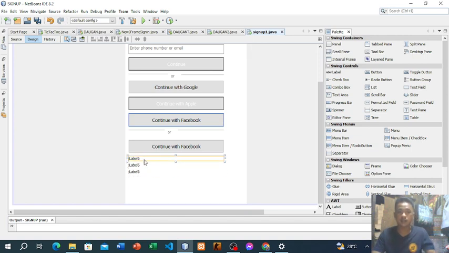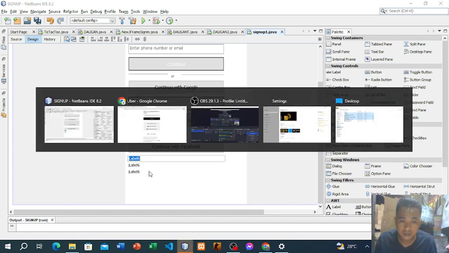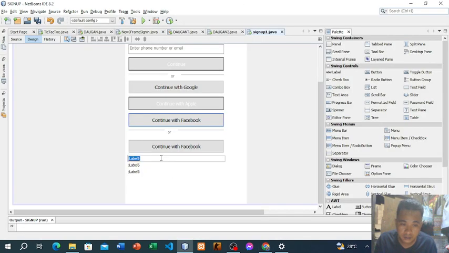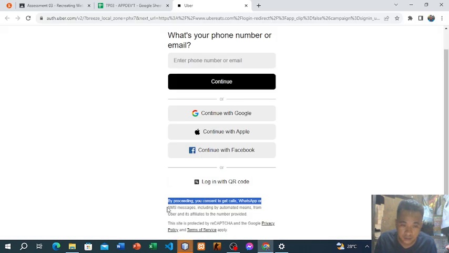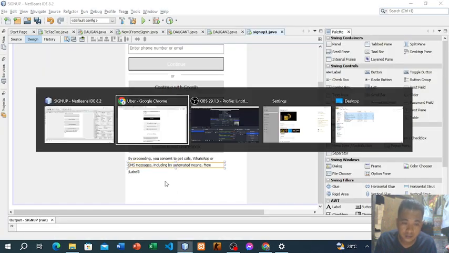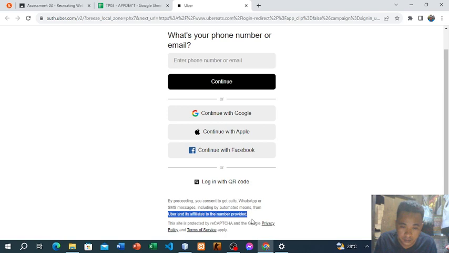Okay, then I'm just going to rename it. I'm just going to copy here, paste, SMS, tab, paste, and then the over provided.